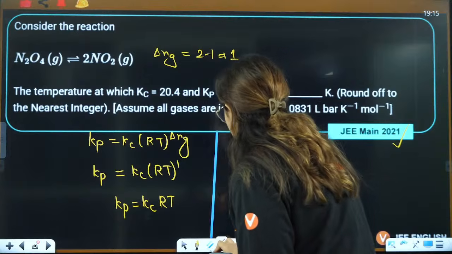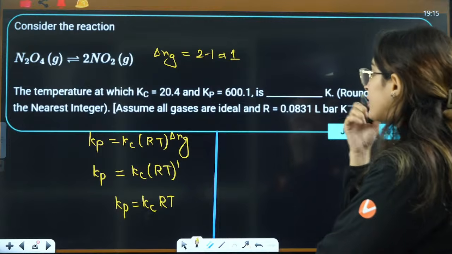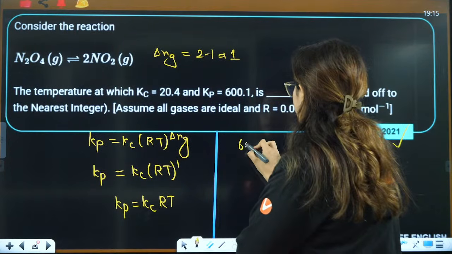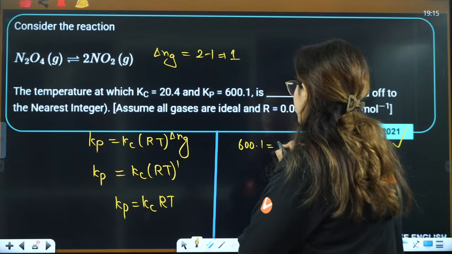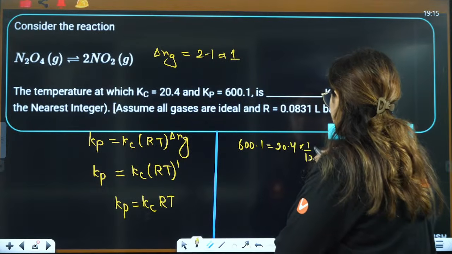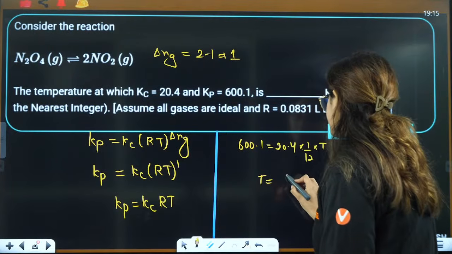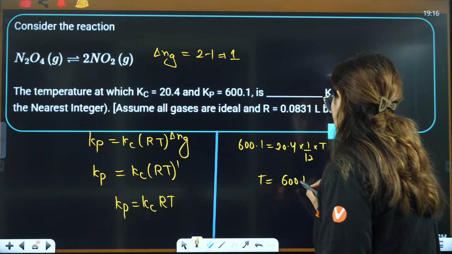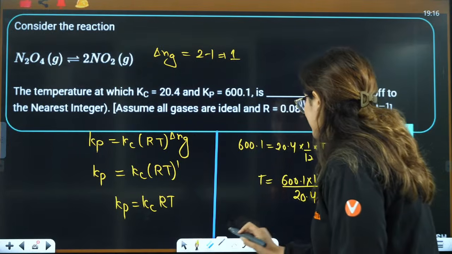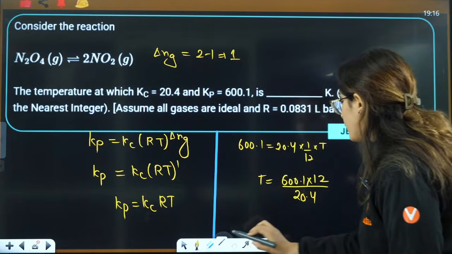Now what should we do? We have to calculate temperature. Kp is given, that is 600.1. Kc is given 20.4. R is given 1 by 12. Temperature you have to solve. Then temperature will be 600.1 multiplied by 12 divided by 20.4, and this will be your answer here. Solve this and you will get your answer